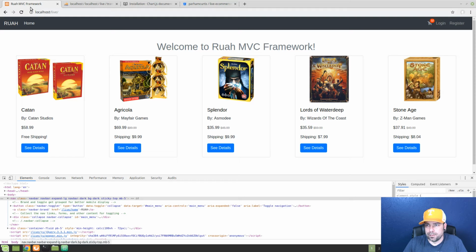All right, so what we want to do now is we want to add this number right here. We don't want that to be hard coded, obviously. So we need to create a way for us to grab how many items are in a cart easily so that we can use that functionality here in our menu. So what we'll do,